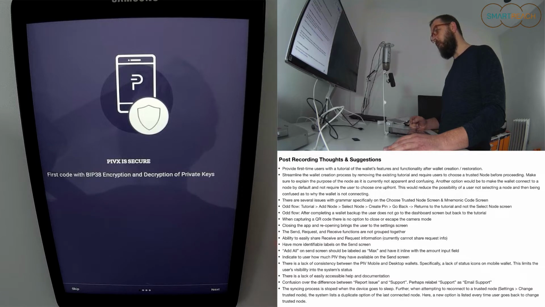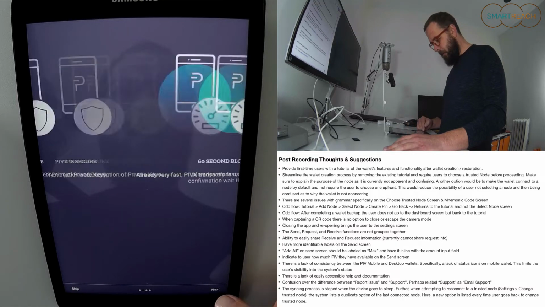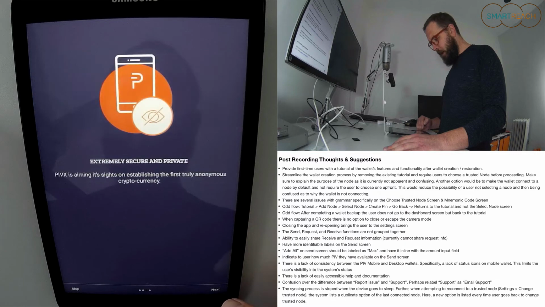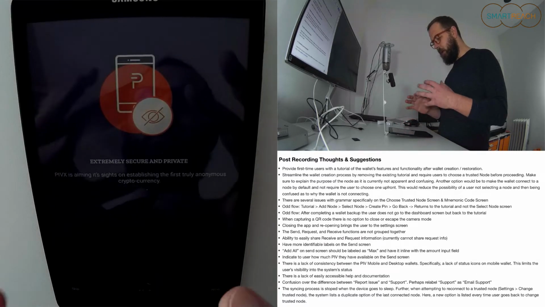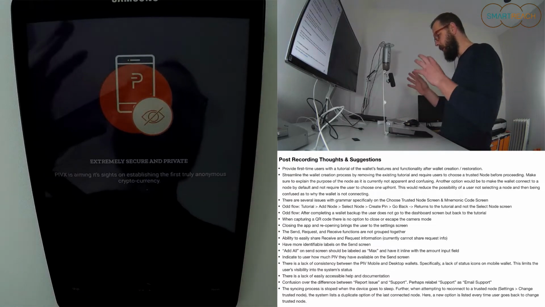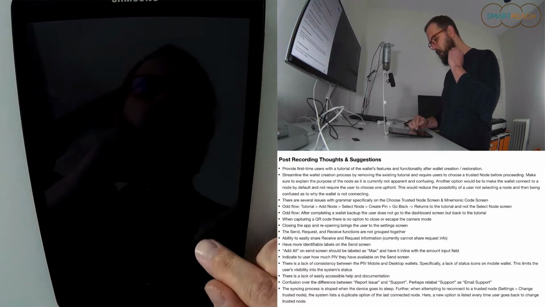more information about how to set up the wallet, perhaps have diagrams. One thing that I feel is missing quite a bit with a lot of things in the cryptocurrency space or the blockchain space is visual elements to help build a mental model in the minds of new users. What is going on? What does this actually do in terms of its connection with everything else in the blockchain? And I find that you use these